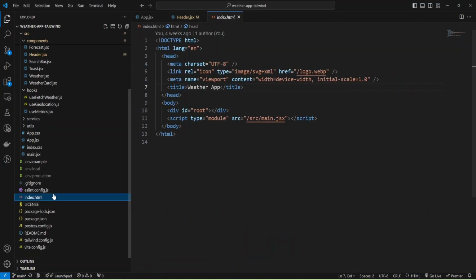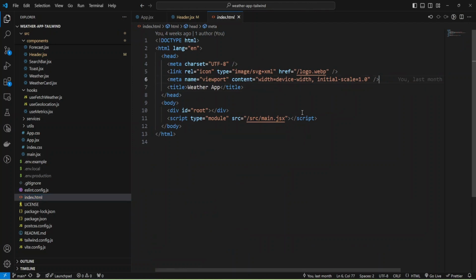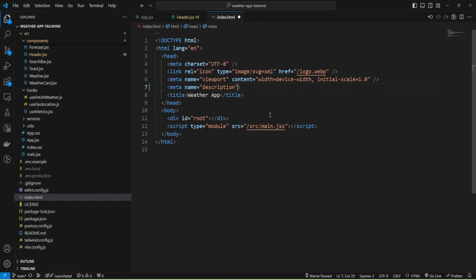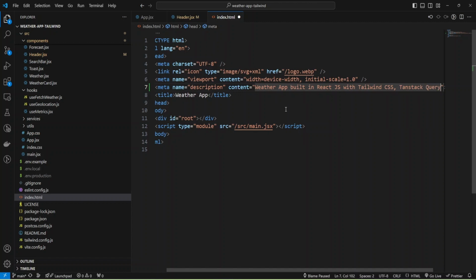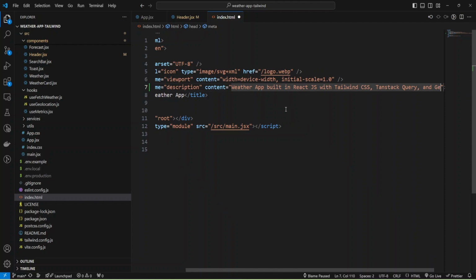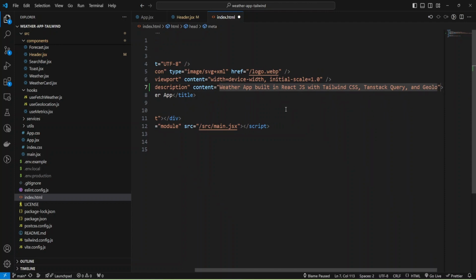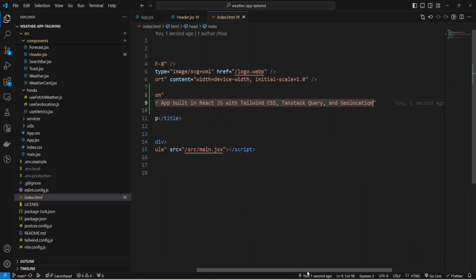For that, I need to open index.html and just add a meta tag with the name description and provide some content, and we'll add a description like: weather app built in React JS with Tailwind CSS, TanStack Query, and geolocation. And that would be enough.